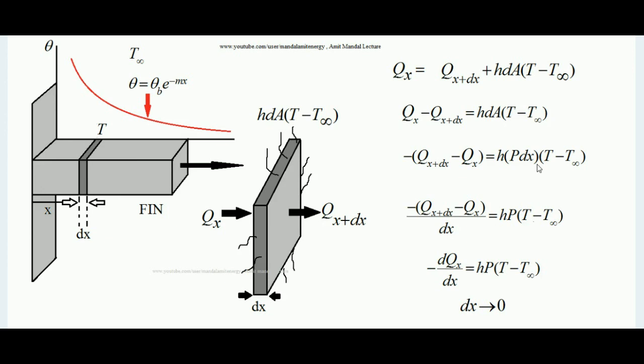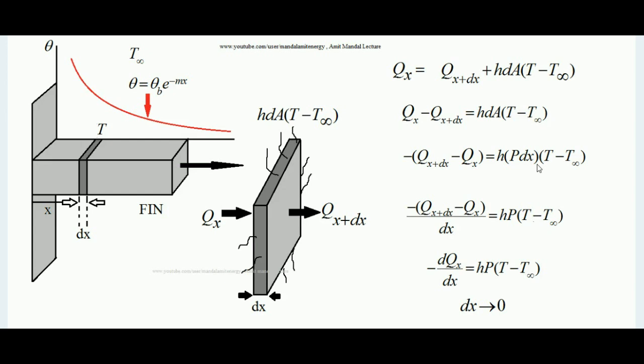For example, if a cylinder is there, in case I ask you what is the outer peripheral area of the cylinder, means I am talking about the curved surface area of the cylinder. It is given by 2 pi rl. Here 2 pi r is what? Circumference of a cylinder. It is acting as a perimeter. We know what the perimeter is. 2 pi r is the perimeter and L is the length. Therefore 2 pi r into L is the area of the curved surface of the cylinder.